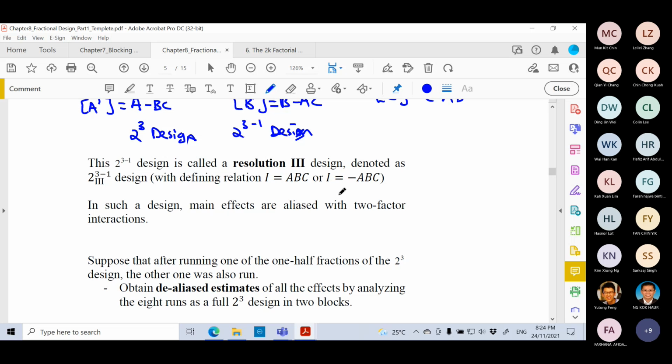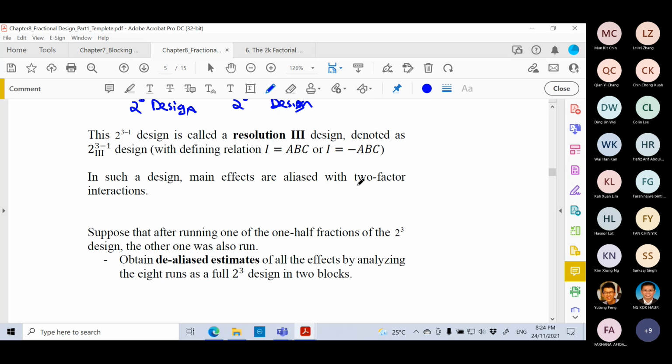So we continue with the following one. Just now you have I equal to ABC. You have another side, I equal to negative ABC, because we only run the first one or the second one. Okay. How about if we run all? So you can see if you may run the